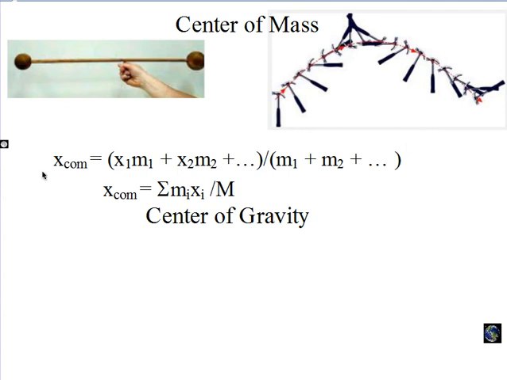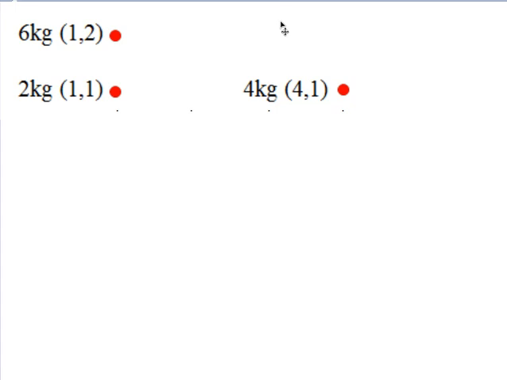That's trivia, but I thought it might intrigue you. Okay, so here's an example. We have these three masses, this discrete distribution of three masses. Here are the masses, and here are their locations, and I want to find the center of gravity of those